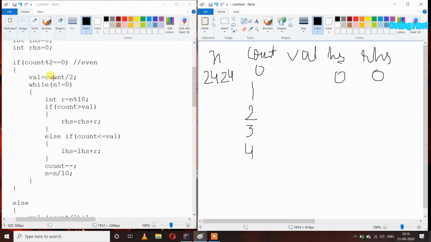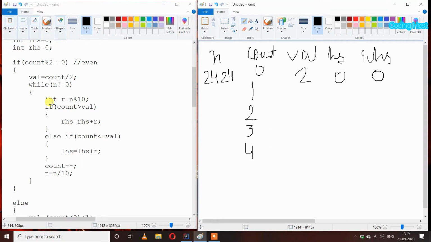So 4 divided by 2 is 2, so this val has 2 inside it. After that I have taken a while loop while n not equal to 0. So in the n we have 2424 which is not equal to 0. So yes, our condition is true and we get inside our loop.